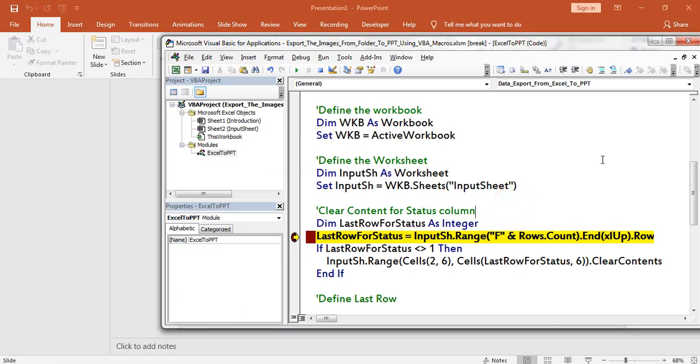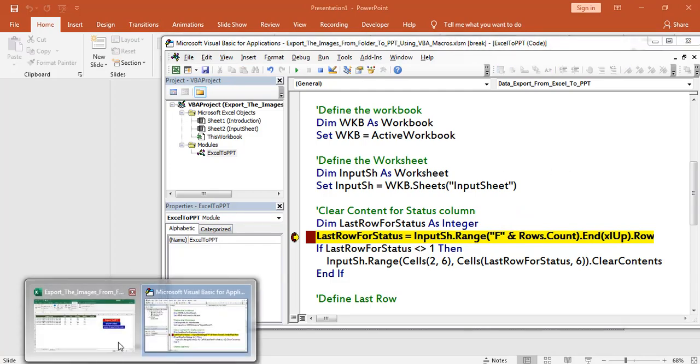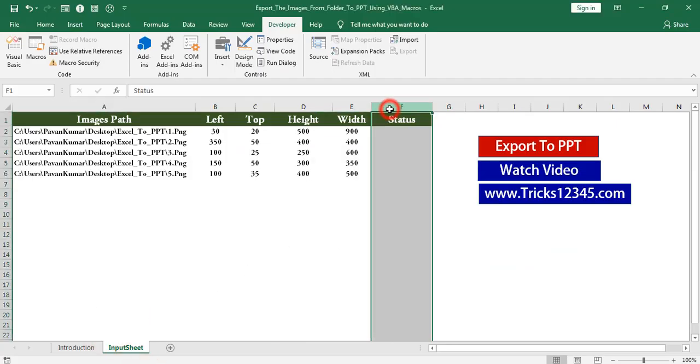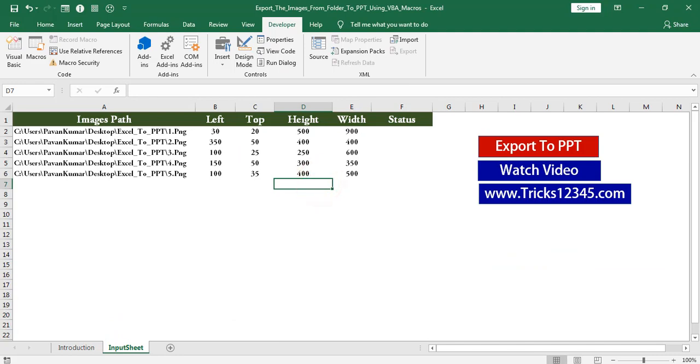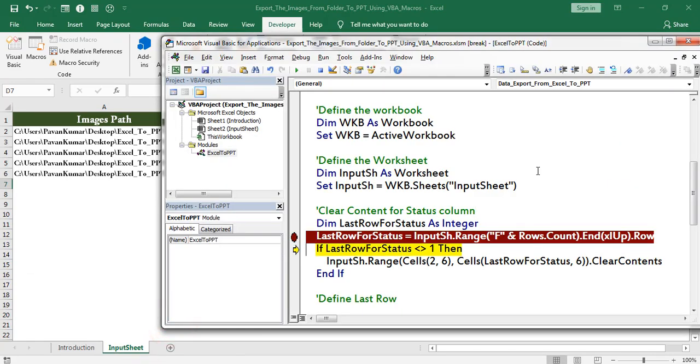Next I define the last row for the status column. Column F consists of the status. After defining the last row, if the last row is not equivalent to 1, then I am clearing the content.